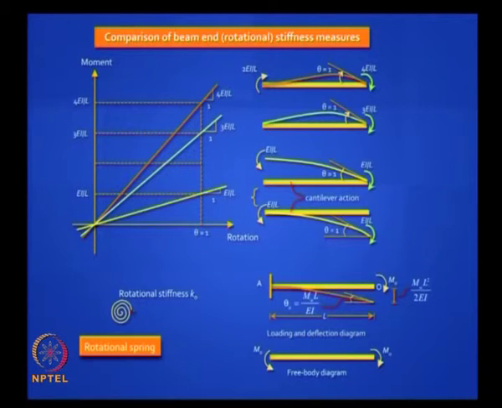And this can be proved. So 3 numbers to remember: EI by L, 3 EI by L, 4 EI by L. That is all you have to remember. With that knowledge you can crack many problems, reducing the degree of indeterminacy tremendously and doing things that were unthinkable in the force method. Let us demonstrate.